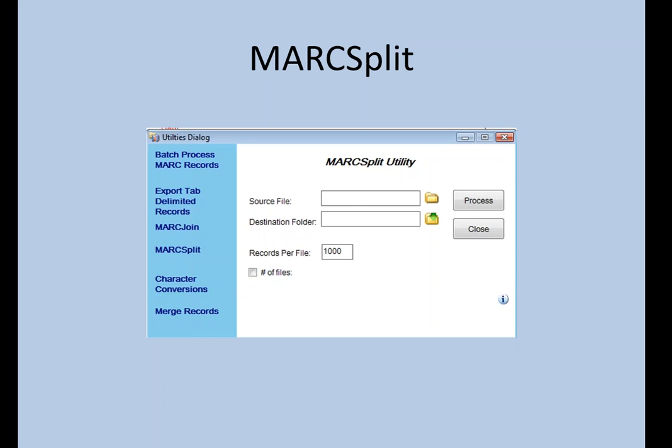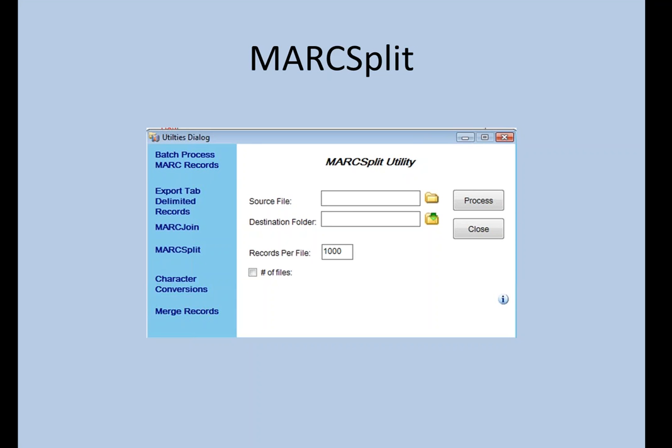I feel like both of these questions are kind of addressing the same thing. I'm going to jump ahead with what I think is what you're asking, and if James, if I'm going on a wild goose chase here, please jump in and correct me. As far as MARC split goes, where I selected the file from, it could come from any number of sources. It could be a file of MARC records that already exist in your catalog and you exported them so that you could manipulate them more easily, say, add a field to all of them as a global update and you're not able to do that in your